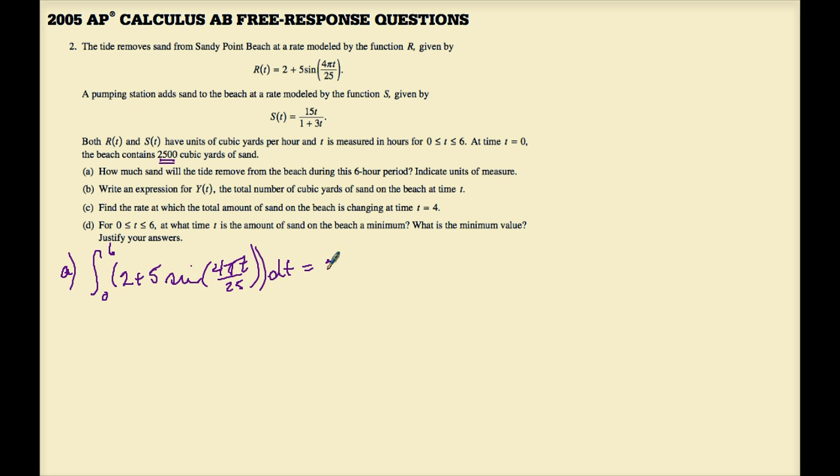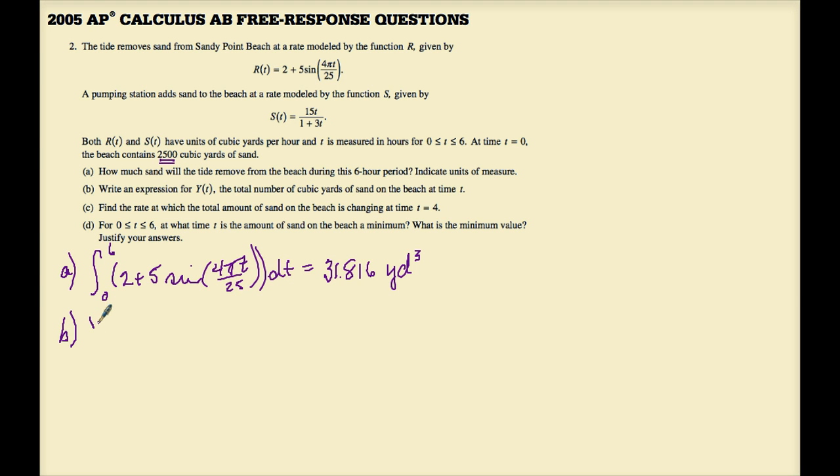This yields 31.816 cubic yards of sand removed in that 6-hour period. Letter B. Write an expression for y of t, the total number of cubic yards of sand on the beach